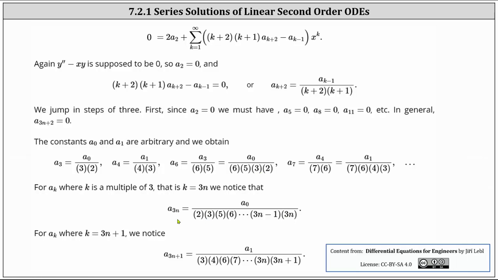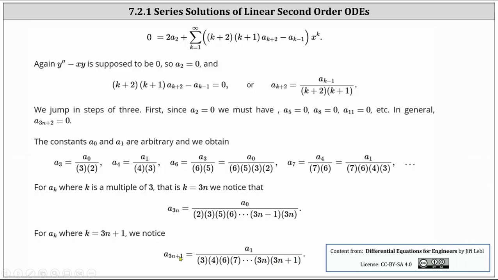So this formula may be a little challenging to come up with, but it does work when the subscript is a multiple of 3. Similarly, for a sub k, where k is equal to 3n plus 1, meaning a sub 4 and a sub 7, we have a sub 3n plus 1 is equal to a sub 1 divided by the factors given by the pattern 3 times 4 times 6 times 7, all the way out to times